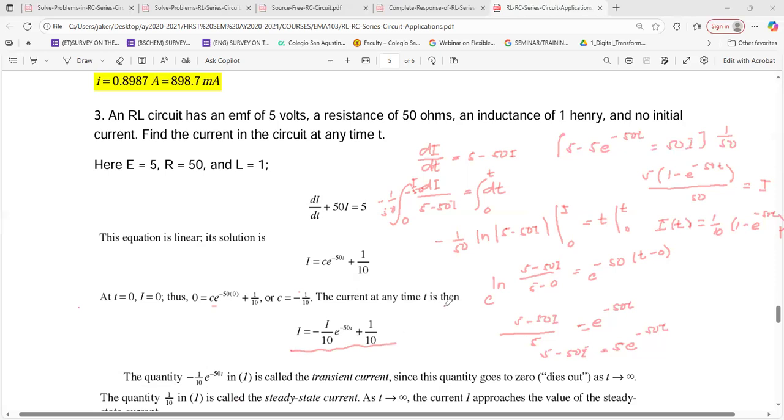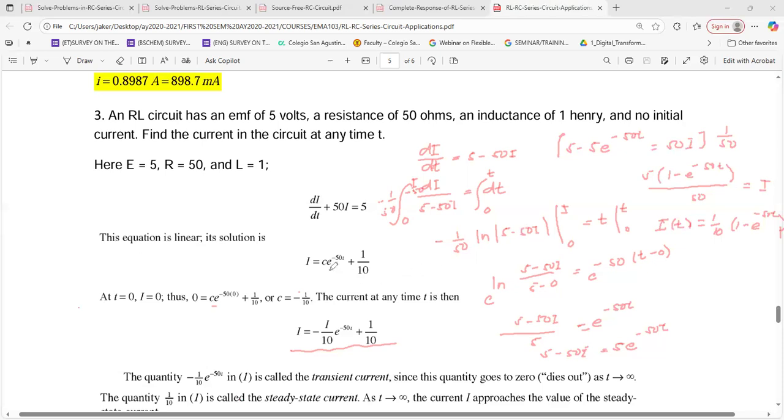It's just separated, but it's still equivalent to what I have written here. You can solve this using the linear approach. The one that's written here is the linear approach, but you can solve it using separation of variables, which is a lot simpler.